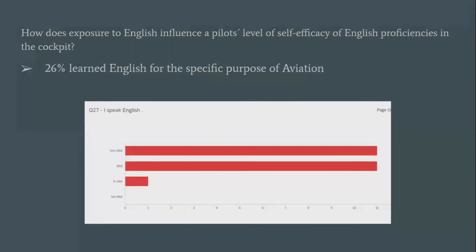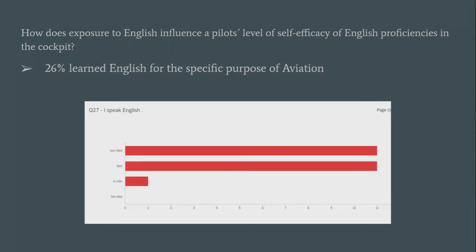My first research question was how does exposure to English influence a pilot's level of self-efficacy of English proficiencies in the cockpit? It is notable that 26% of these respondents learned English for the specific purpose of aviation. Here you can see that for one of the questions, the pilots were asked to respond to the prompt, I speak English, and then respond with very well, a little, or not well. As you can see here, one respondent replied a little, and this respondent also rated lowest on the Likert scales,